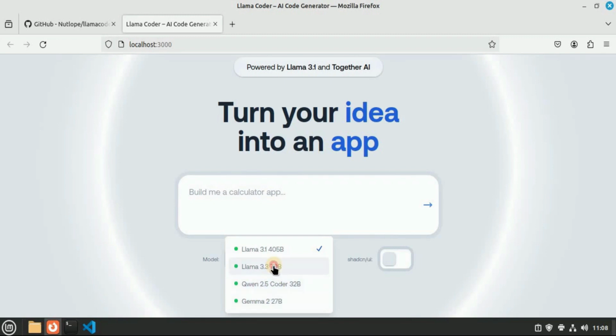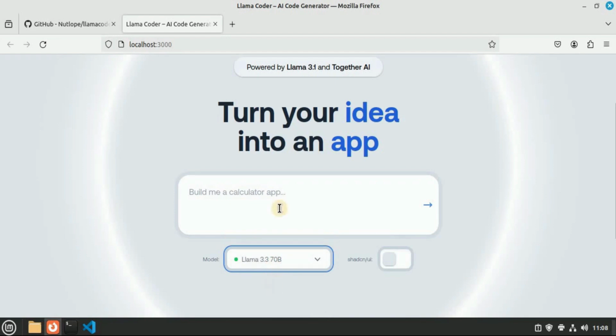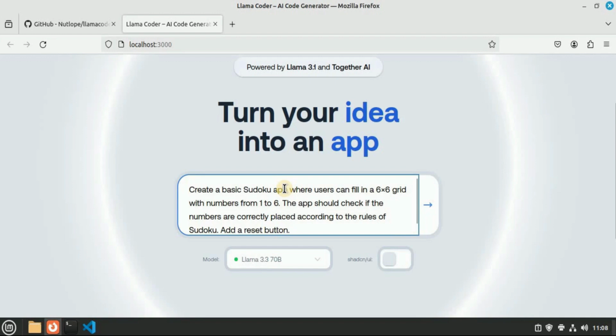So I'm gonna go with the Llama 3.3 70 billion model. As you already know, LlamaCoder is for generating small and simple apps. So I'm going to test it out by asking it to create a really simple app. I'm going to ask it to create a basic Sudoku app where users can fill in a 6x6 grid with numbers from 1 to 6. The app should check if the numbers are correctly placed according to the rules of Sudoku and add a reset